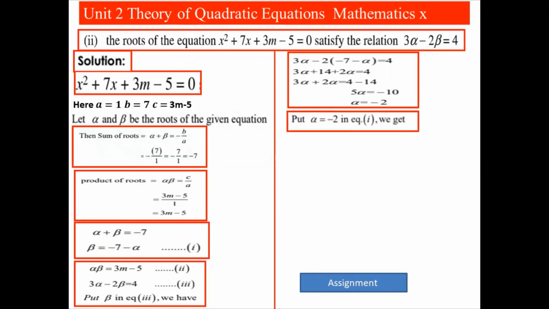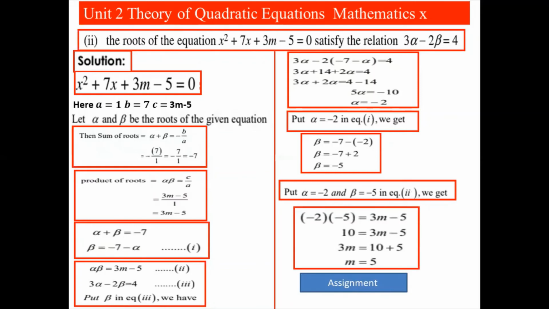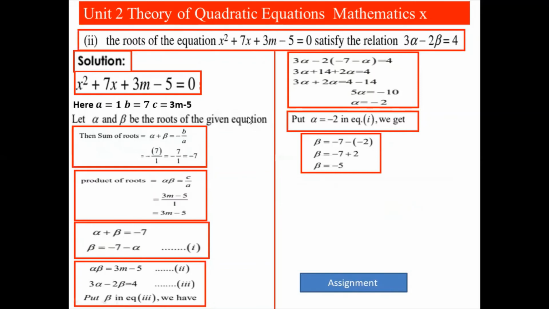Now put alpha is equal to minus 2 in equation 1. We get beta is equal to minus 5. Now put alpha is equal to minus 2 and beta is equal to minus 5 in equation 2. We have 2 into minus 5